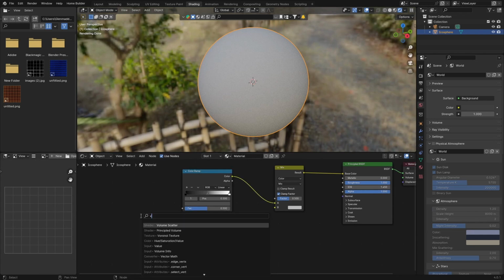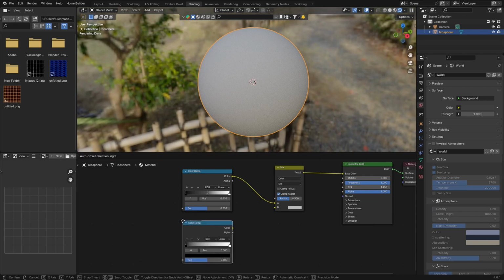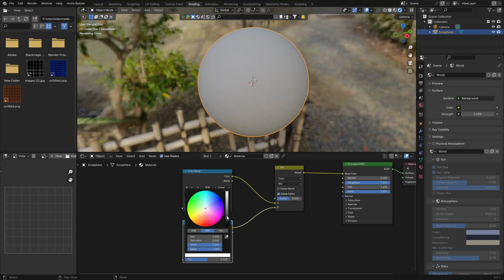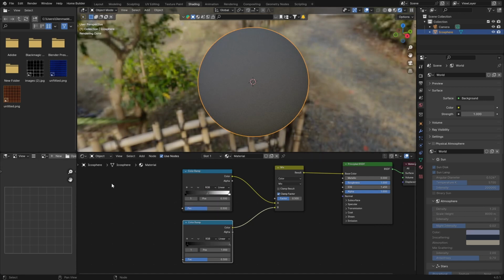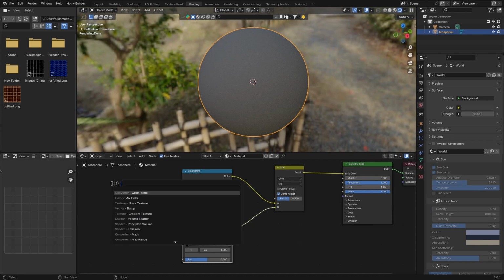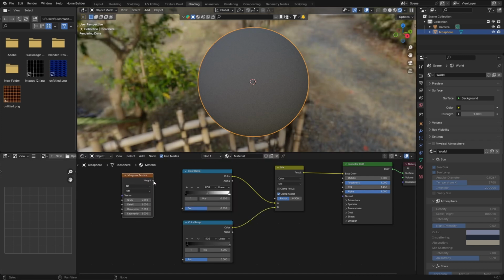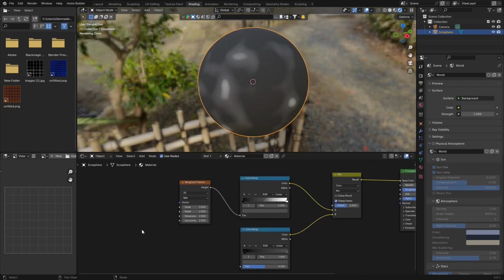Then go Shift A and get another color ramp. Put that there underneath, and then plug the color into B. Then drag this in a little bit and click this white one and also make it like a gray, something like that. Then go Shift A, get a Musgrave texture, plug the height into the fac of the top color ramp. Then let's go here and go Shift A, get a noise texture,